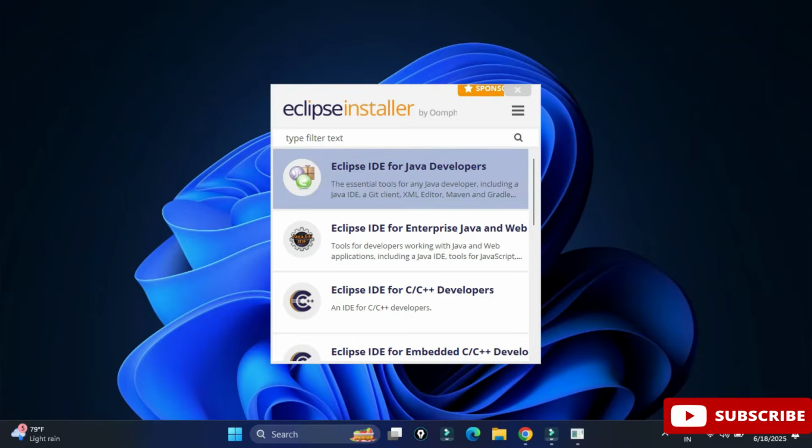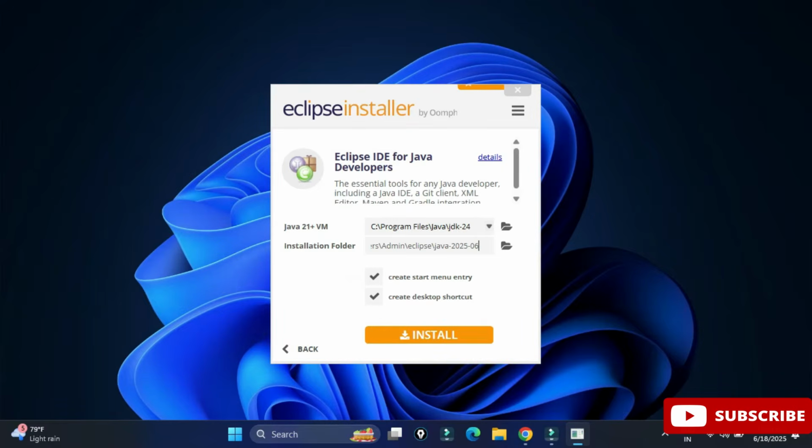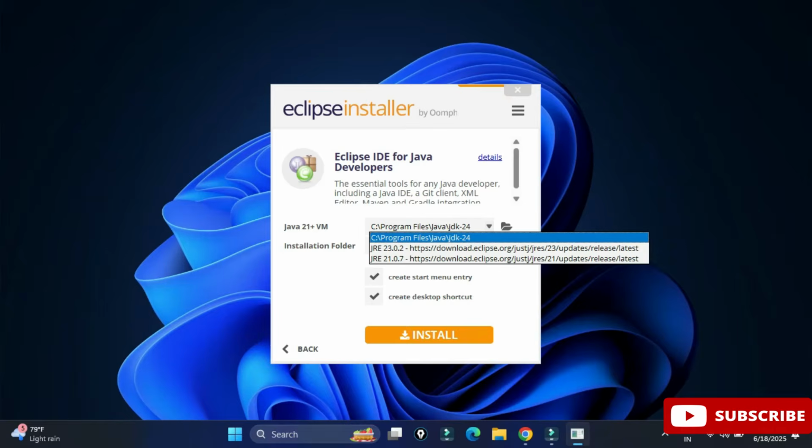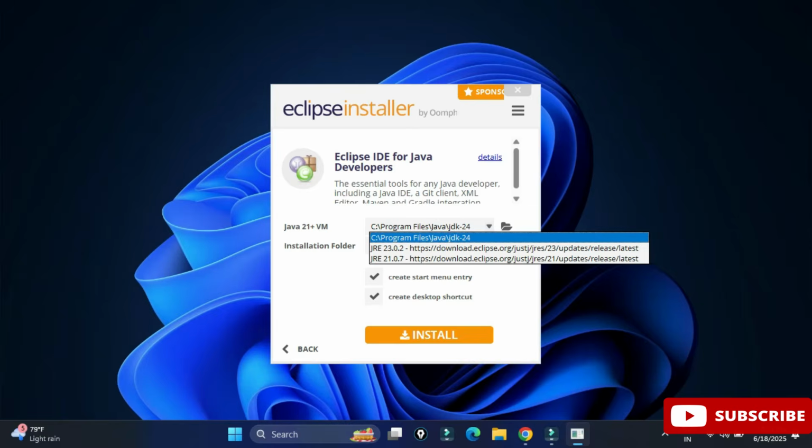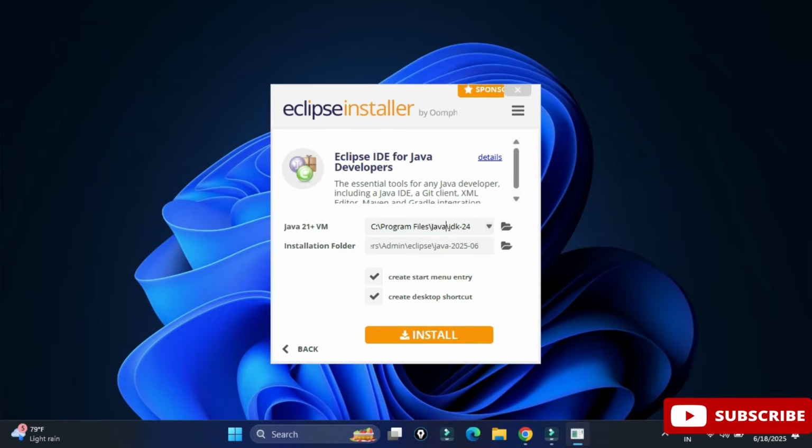So guys, it has taken me to this page, and here it's showing me Java JDK, hence I told you to install JDK first. If you are not installing JDK at the beginning, you can select sites from here also. This also takes a time for installing, hence I prefer installation of JDK first, not from here. So now guys, it has already detected my JDK, and here we have the installation folder.